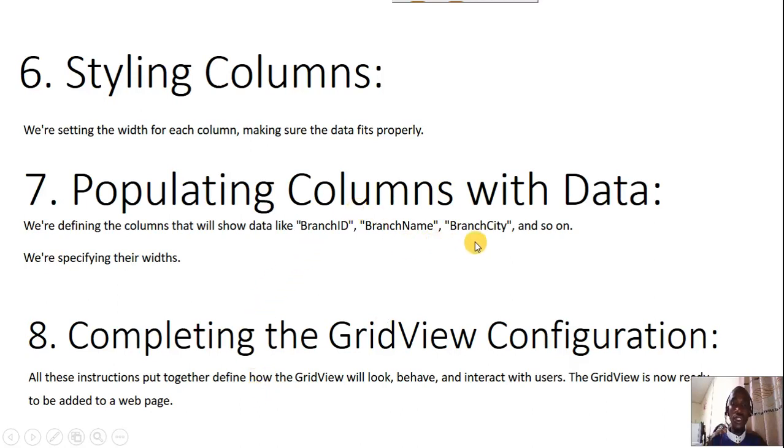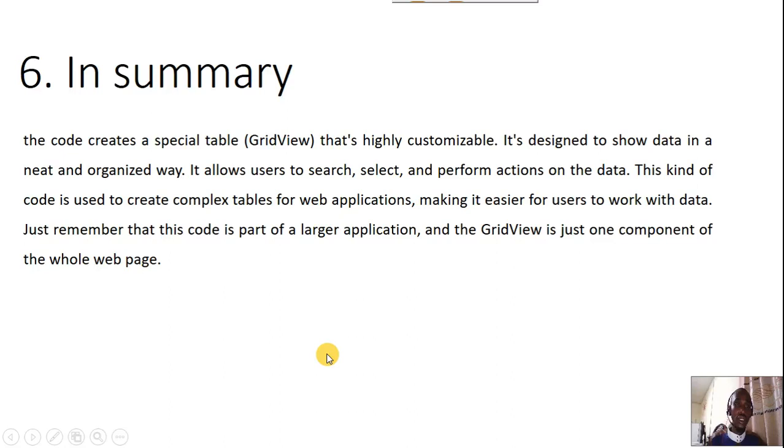We just want to see the name, the city. It is left to the requirements called for. Then from there, we configure the looks of the grid view and behavior, in terms of if I point the mouse here, a mouse over, a click event, and so on. You see. Then in summary,